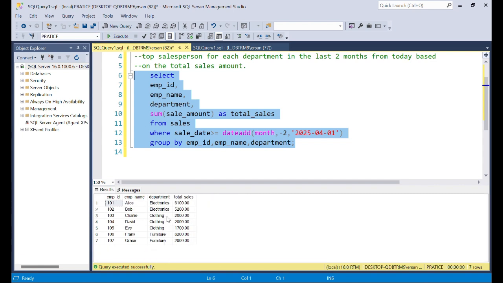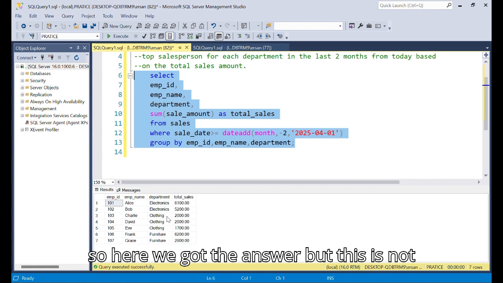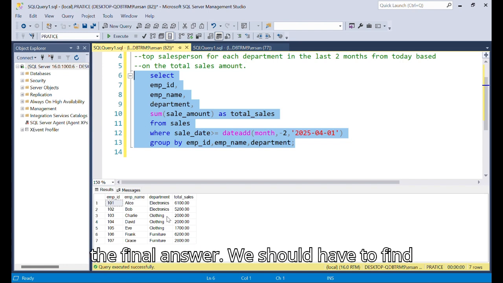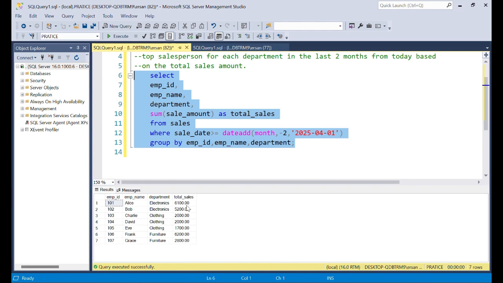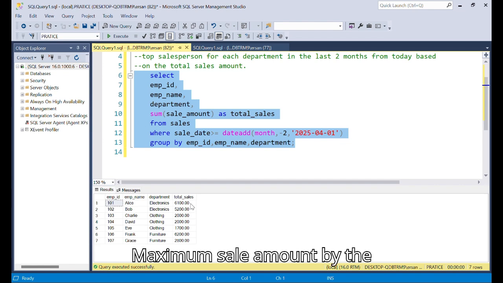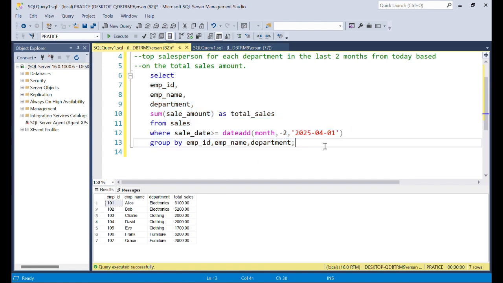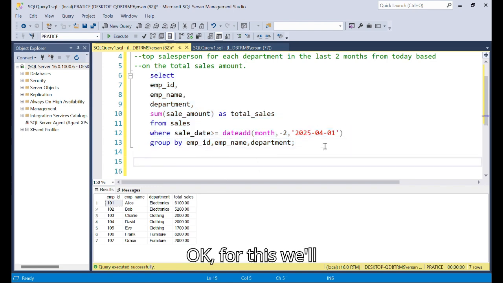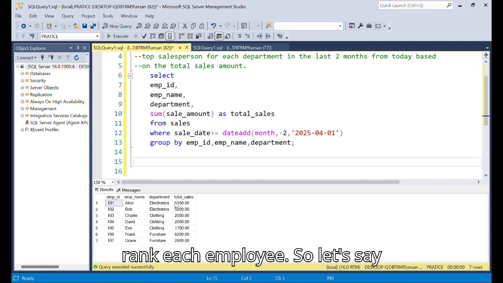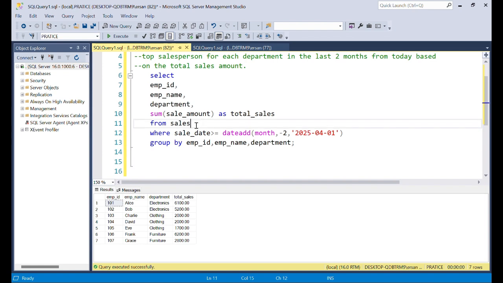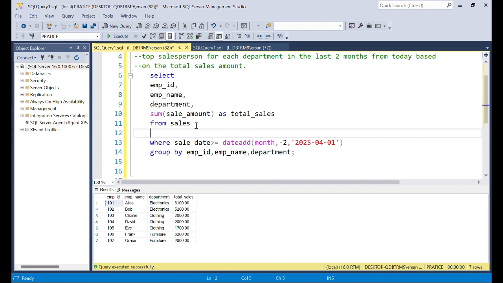So here we got the answer, but this is not the final answer. We have to find the maximum sale amount by the employees, department-wise. For this we'll use the rank function to rank each employee. So let's say we'll give